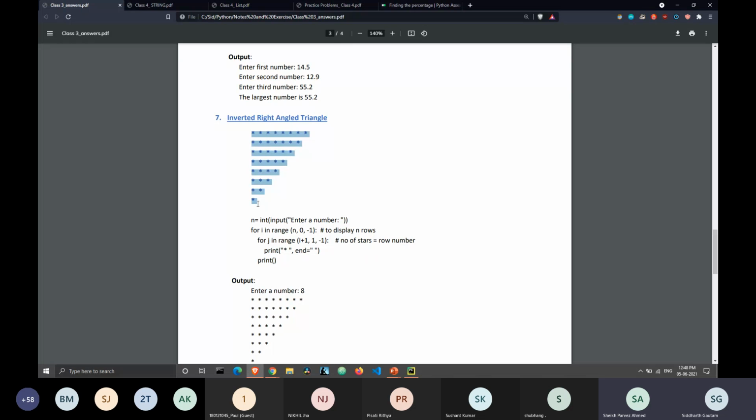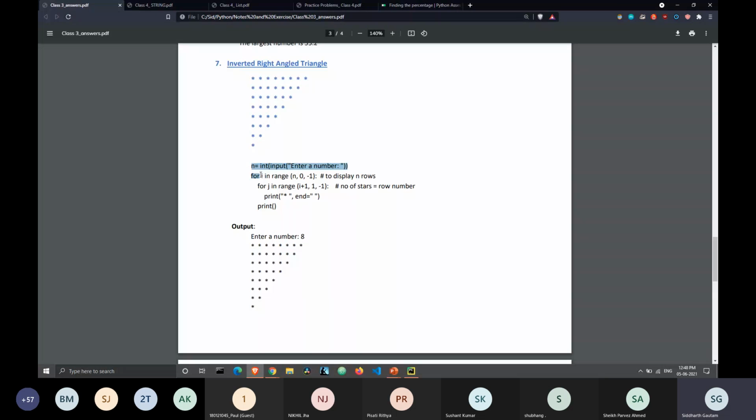Guys, I have shared the answer script, so just check it once and let us know if there is any code you don't understand, we'll discuss that only. Because we provided this answer script, just check it once in the group. Yeah. Okay, but let me still go through this answer, because I think this is a really important question.